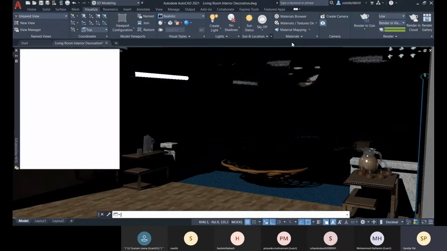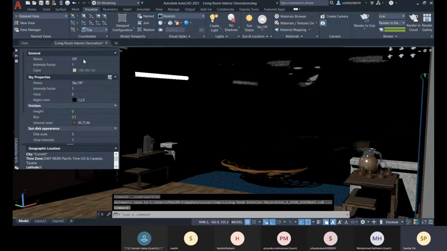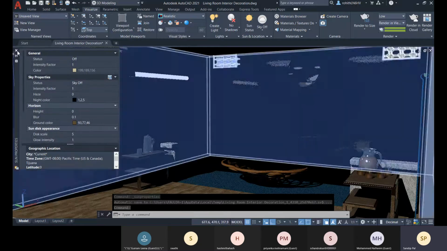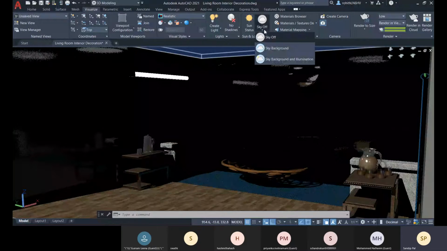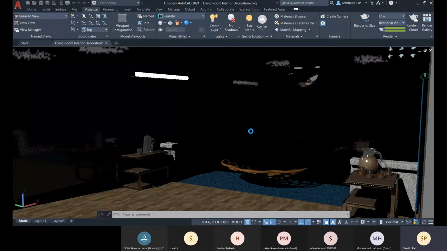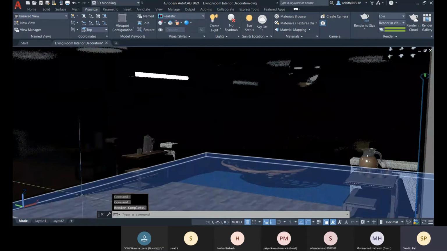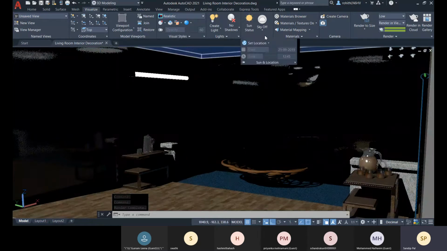So about these sun properties, you can make it so the sun status is off, the sky is even off, but we are getting natural light. Okay, so we are getting it even though the sky is off.